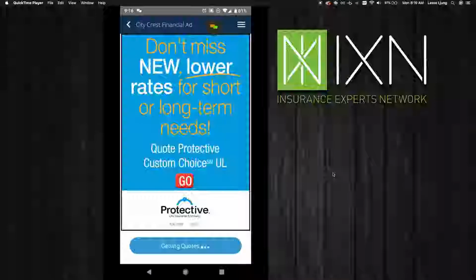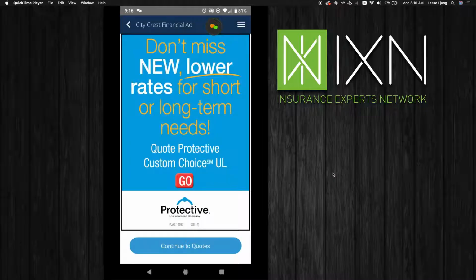This here is an ad space that you can control. So while the agent is in here running quotes, at the point of sale or at the point of contact here, when they're looking for rates, you can advertise to them. Now you can see this is obviously a protective ad promoting one of their products, the Custom Choice Shoe Well. But